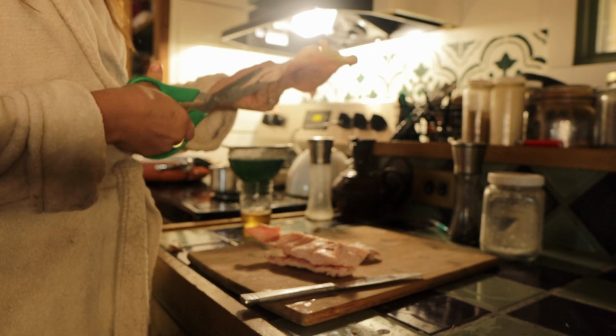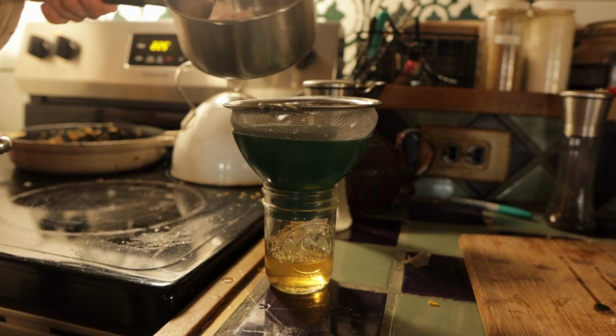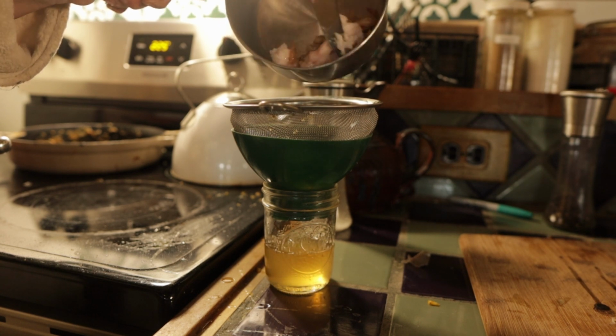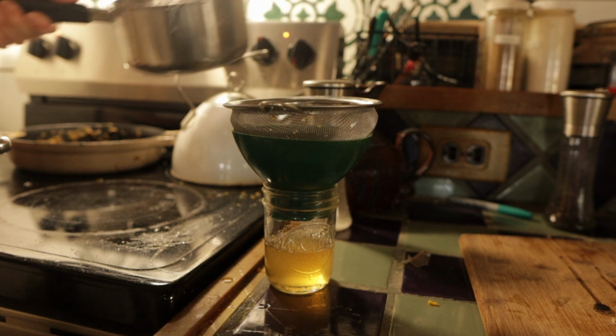I can easily cut it with scissors. I take that and cut it up and put it into my meat grinder on my KitchenAid mixer. I was having to do this in my laundry room, and I know that makes no sense,